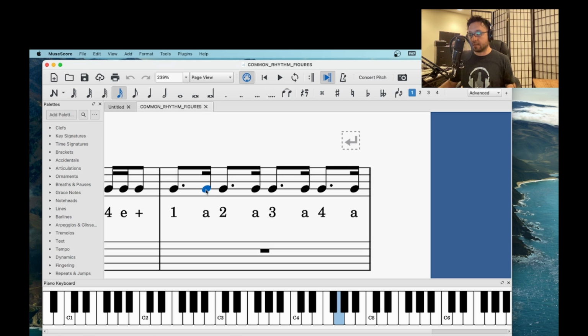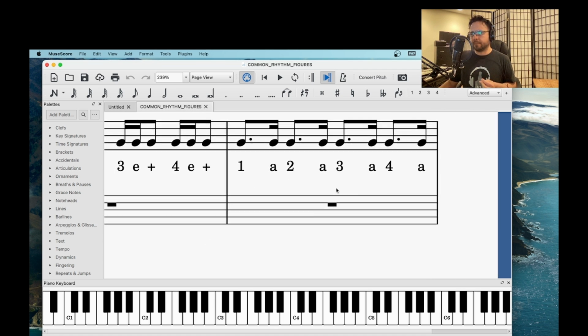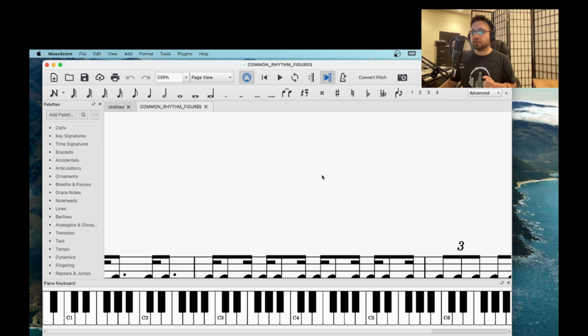It's almost like this last 16th is like a pickup note into the next one. So you have ta, ta, ta, ta, ta, ta, ta, ta. Okay. The next one would be